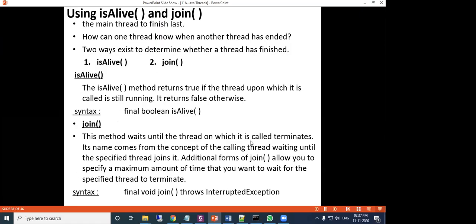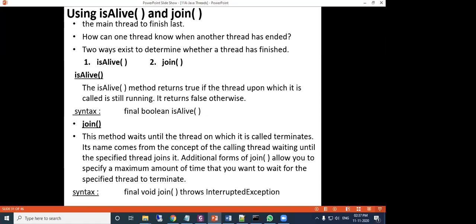Next, using the isAlive and join methods. The isAlive method is used to check whether the current thread is alive or closed. The join method is used to make other threads wait before entering the executable state.